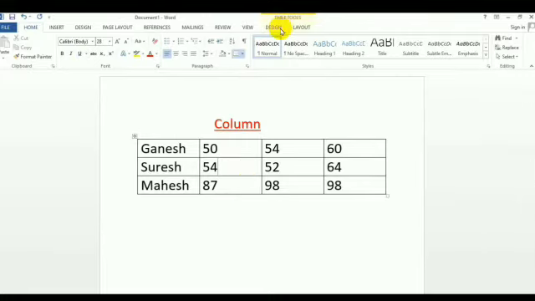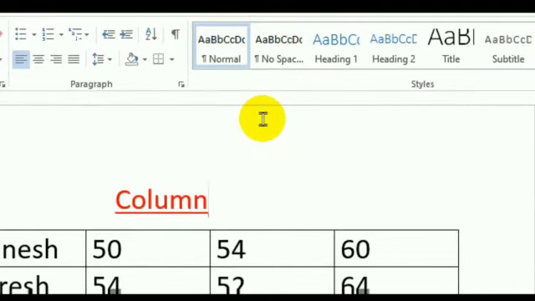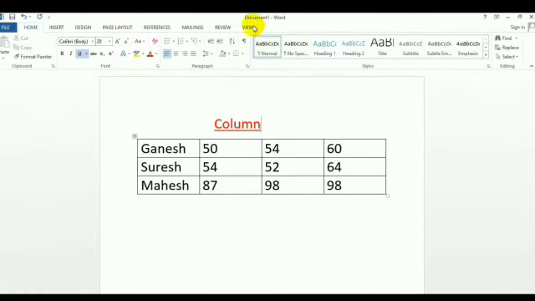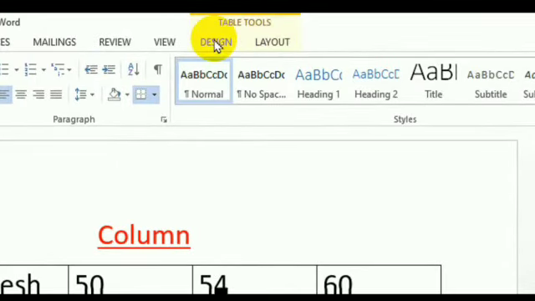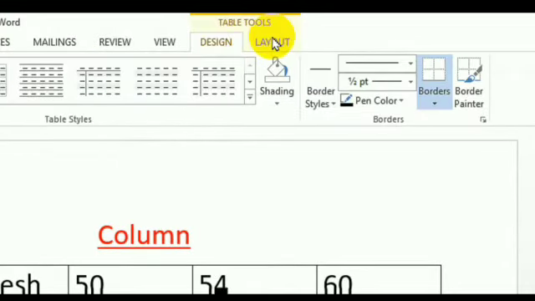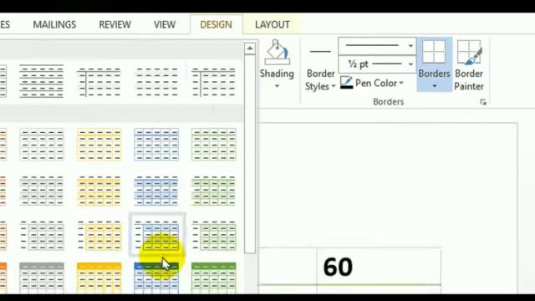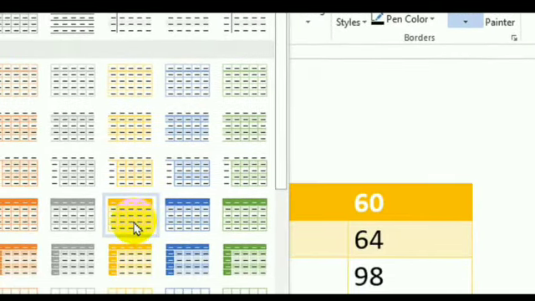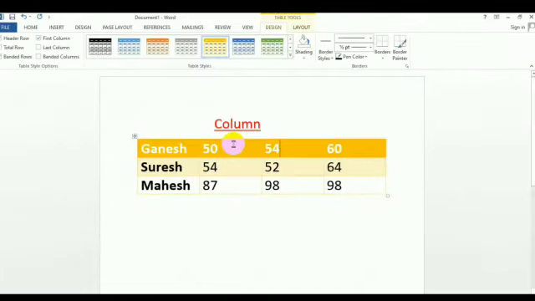Now see, when we have inserted this table, 2 more extra tabs are opened here. That means when we take a table, 2 extra tabs will be visible to us. The first one is Design and the second one is Layout. So we'll see the features of the Design tab. A lot of designs are given here, so you can select any design for that particular table.